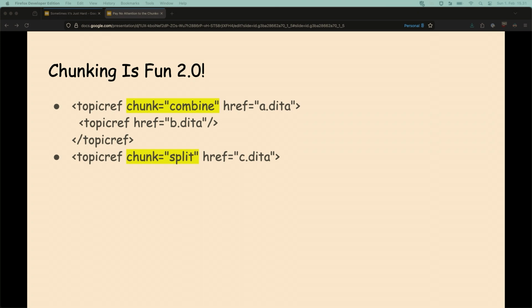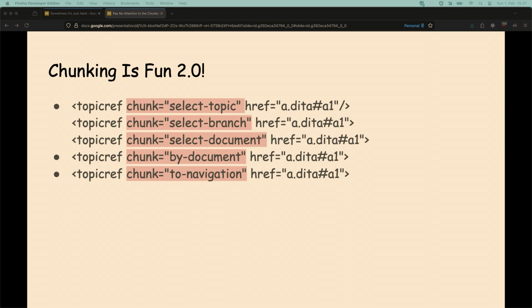So when you create a combine chunk, that's it. You can't take some nested parts of it out. They also decided to simplify the whole chunking bit by removing the chunk tokens that were rarely used or difficult to use, and they only allowed one chunk token, so one word inside the chunk attribute.